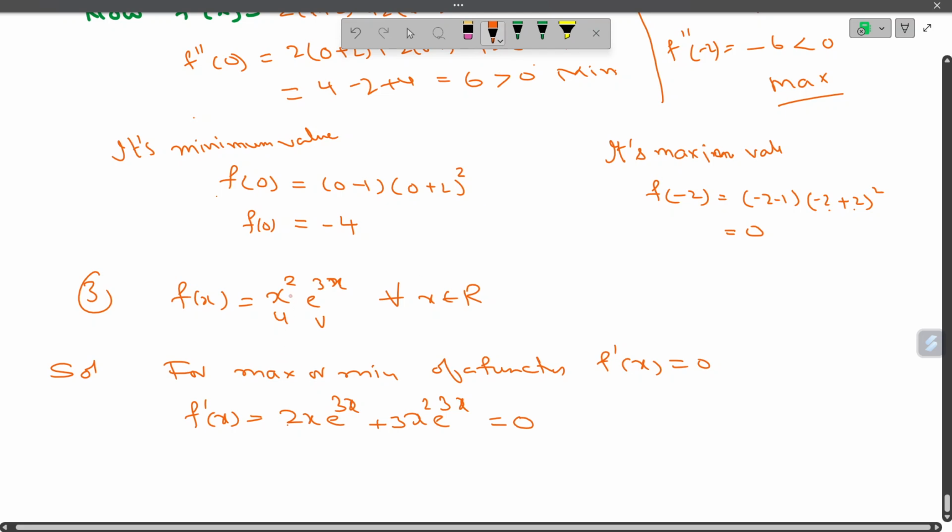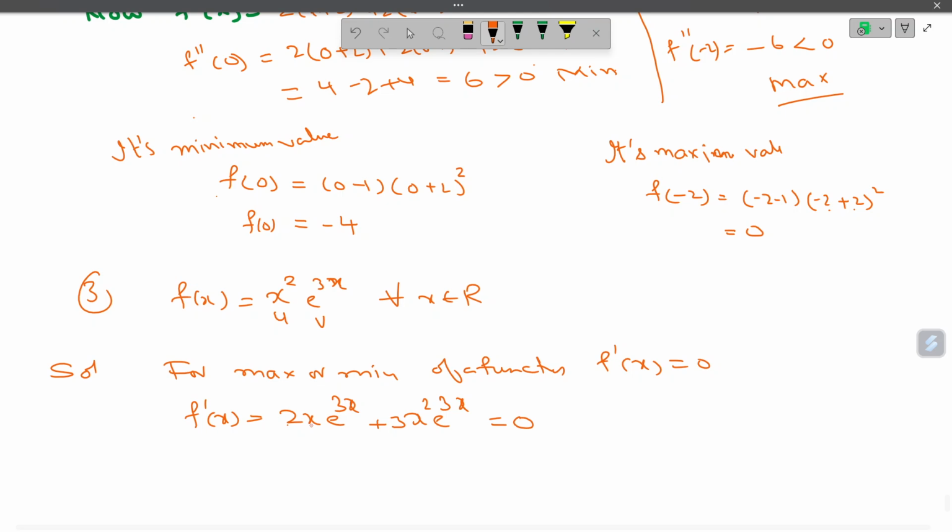Am I right? X square is there. If you differentiate x square, 2x is there, not x. 2 minus 1 is 1. So 2x. Now what we are doing, we are taking x e to the 3x common. So what is left? Plus 2 is left. E to the power of 3x you have taken, so 3x